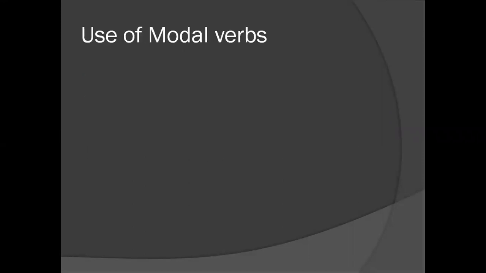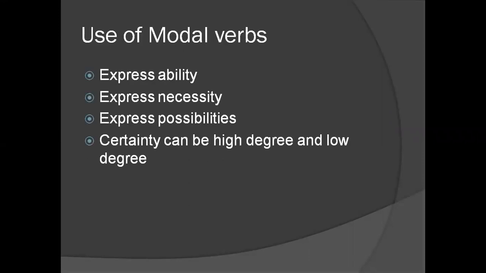As I already told you, you can use modal verbs in the past to express ability. I could swim, I could sing, I could dance, I could run 100 meters in 1 minute. Now, all these are expressing a necessity. You must. I told you this just now. I have told you the actual implications of modal verbs.